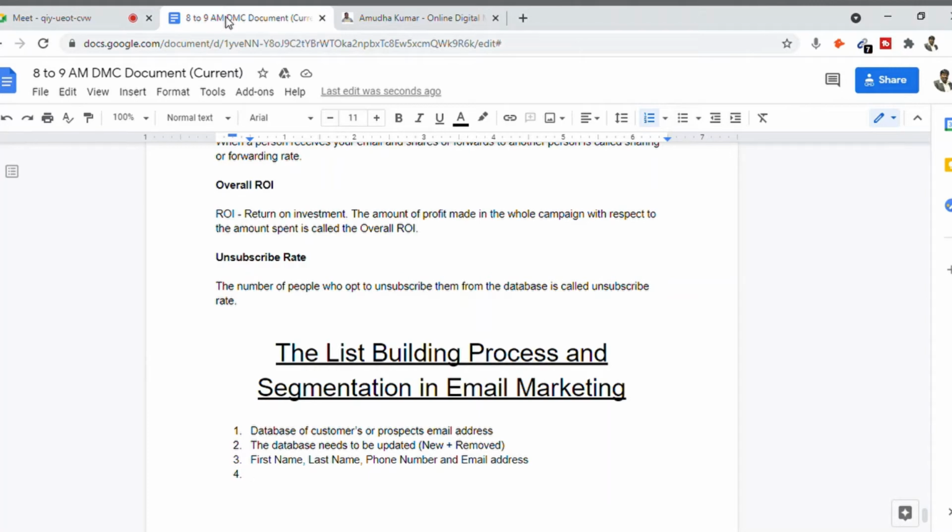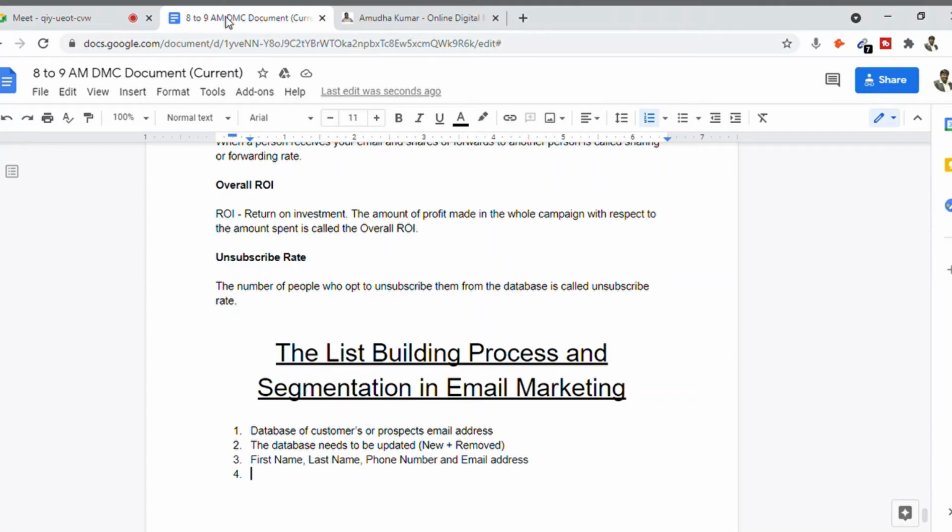So people will go away from your email subscription if they are not interested. Say your database remains around 500, but when people unsubscribe, your 500 list becomes lesser based on the number of people going away.